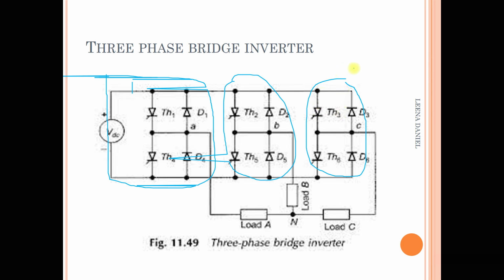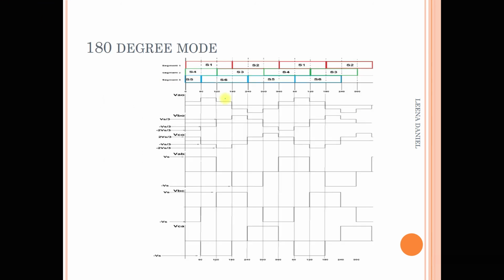Each bridge would supply one phase of the load. So from there we take one single phase. From another leg we get another phase, and for getting the third phase we connect this leg. So like this, 3 legs can be connected to the load, which would create the 3-phase inversion. So the 3-phase inverter circuit can be operated in 2 modes. One is the 180-degree mode. So first see the 180-degree mode.